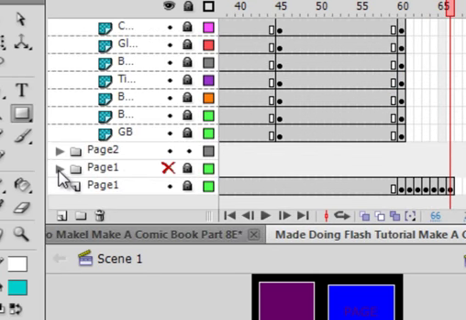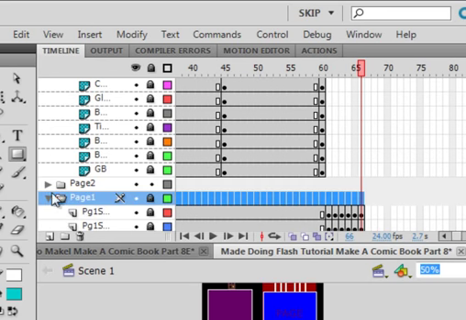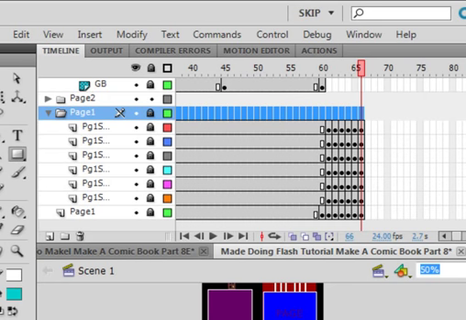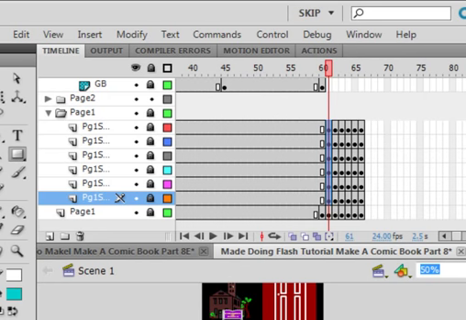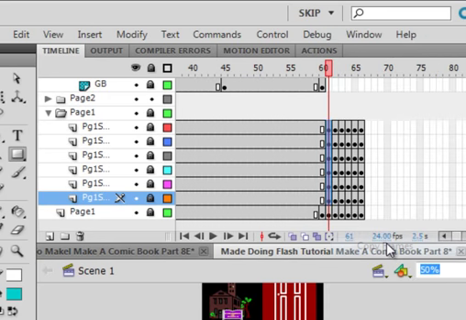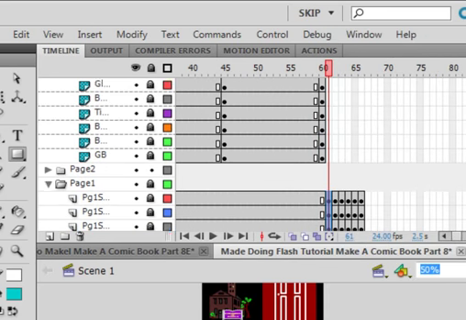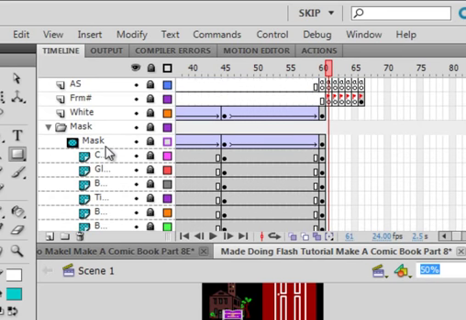Let's go back and open this page 1 up, this folder. There it is there. Open it up and go to this first set of keyframes right here. And you want to copy 1, 2, 3, 4, 5, 6. Those 6 movie clips, that's these 6 here. Right click, copy those frames, and come back up, and where this mask is